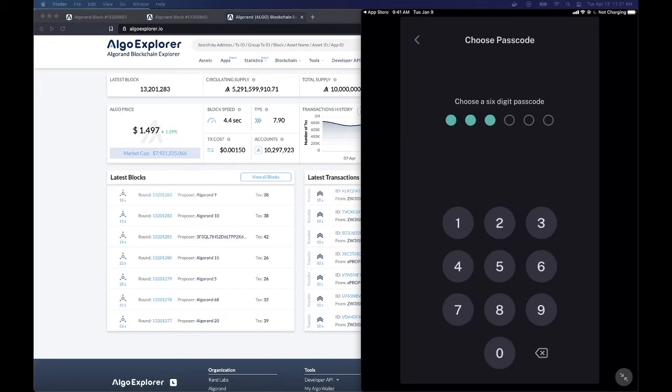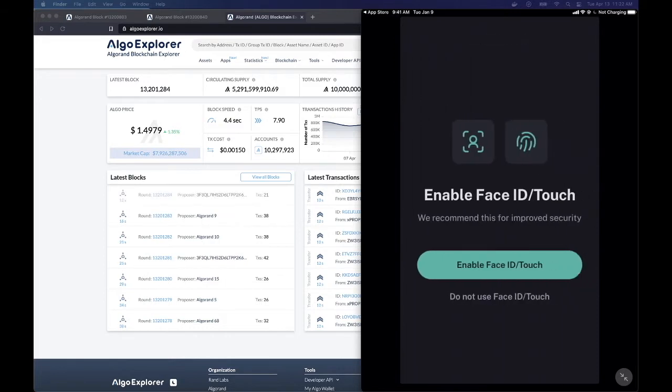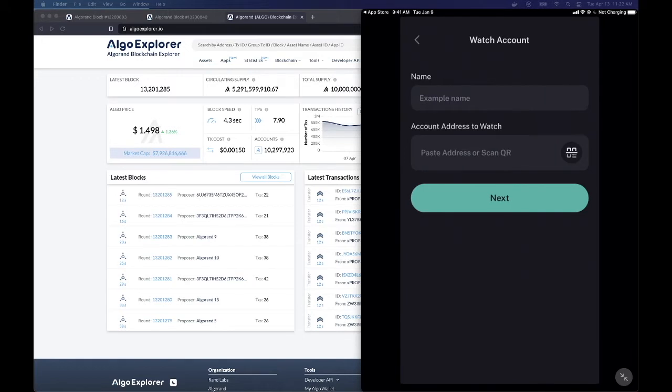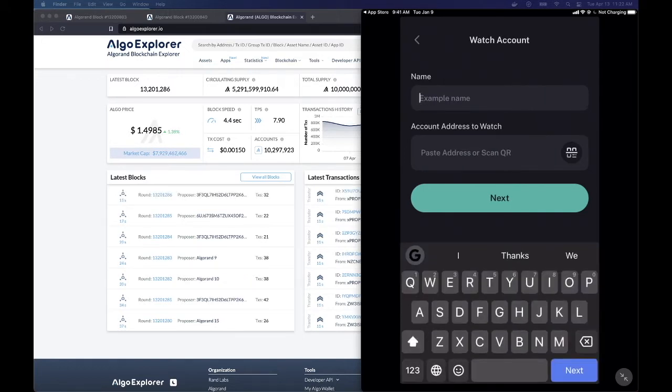Now it's going to ask me for a 6-digit passcode, and I would suggest using something stronger than what I used just right there. And I'm not going to use Face ID. And so now we've got to give ourselves a little example name. So we'll call this example watch